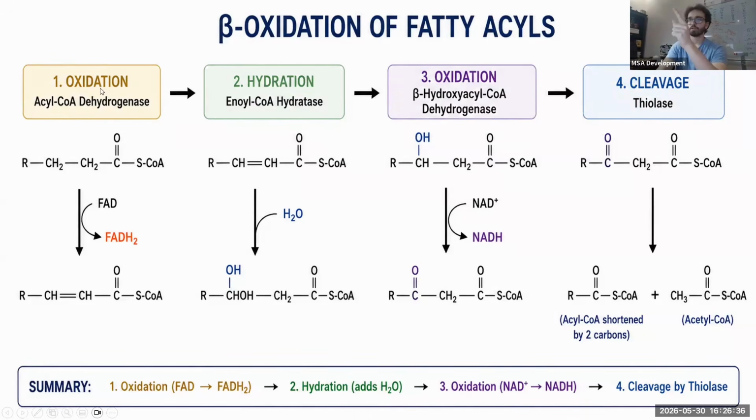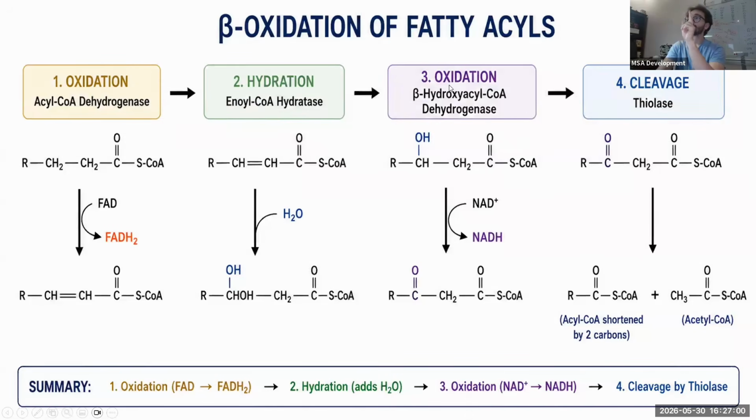Oxidation number one happens through the enzyme acyl-CoA dehydrogenase. You have to understand this and know it. And oxidation number one, not number two, will give us FADH2. Honestly, this came in a question once and I got it wrong. That's why I don't want you to get it wrong, so I want you to memorize it. I didn't see it in your past questions, so know it from me if it's not there.